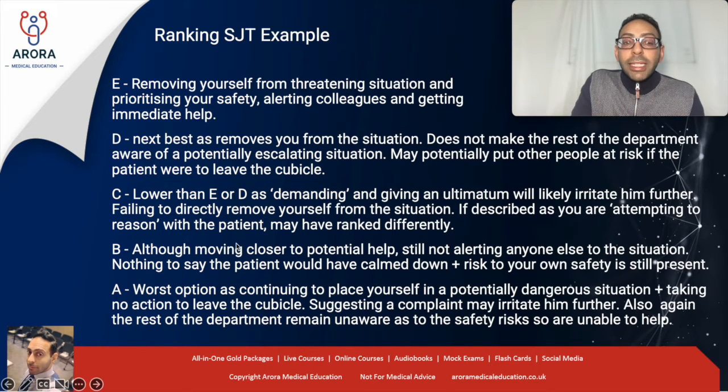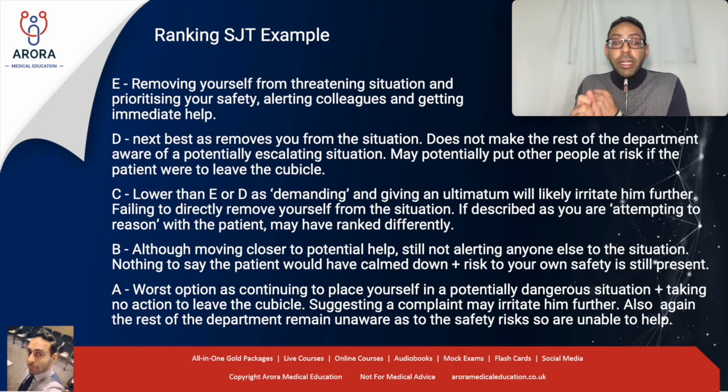However, there's a couple of things that put this much lower down. Number one, you're not alerting anyone else to the situation. So yes, you may move closer to the nursing station, but you're still in that threatening situation on your own with that patient. You've not taken the ultimate step of removing yourself from that situation. So that's not great. And like I said, we're not telling anybody else about the situation. Whereas in E, for example, by pressing that button, you're making other people aware of the